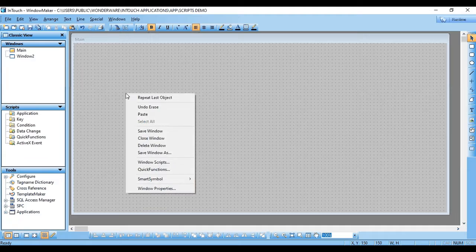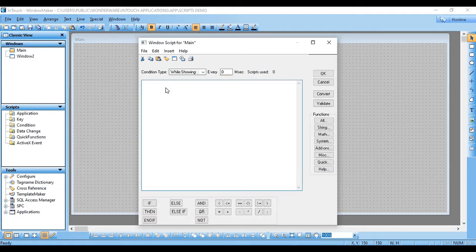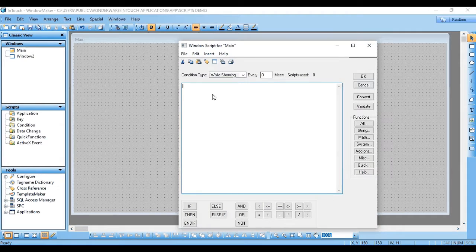If you right click on this window, then there is window script. Whatever script we write here will be effective only for the same window. As you can see, this is window script for main, so the script will be executed for this page only.